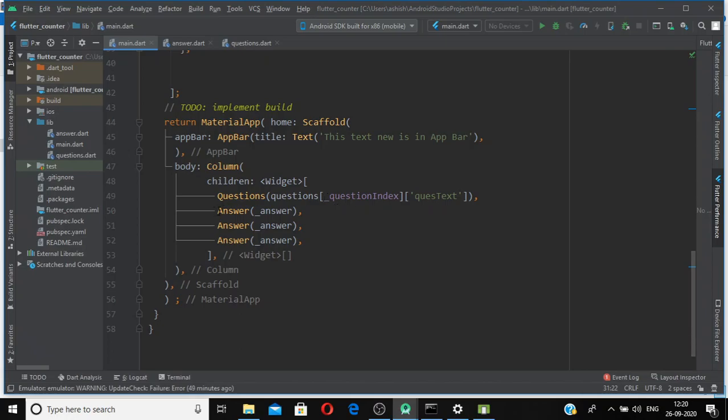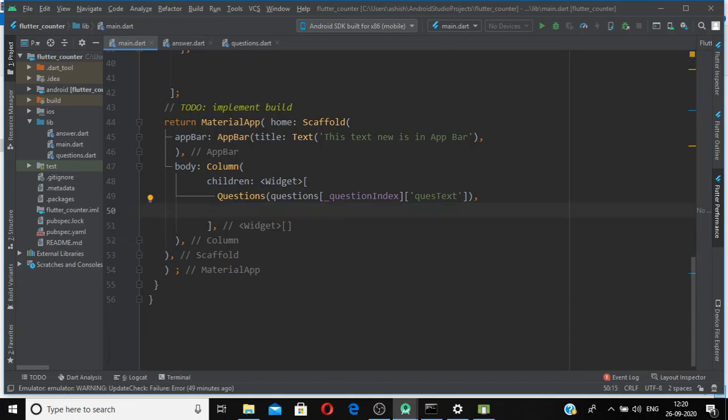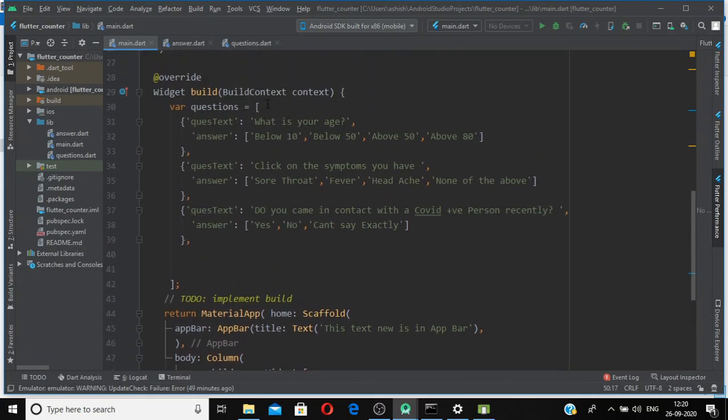Now we want to generate these answer widgets dynamically. From the list of questions, for every question I want to generate a widget. If I go here, for every question in this list I want to generate an answer widget for every option in this list of options.